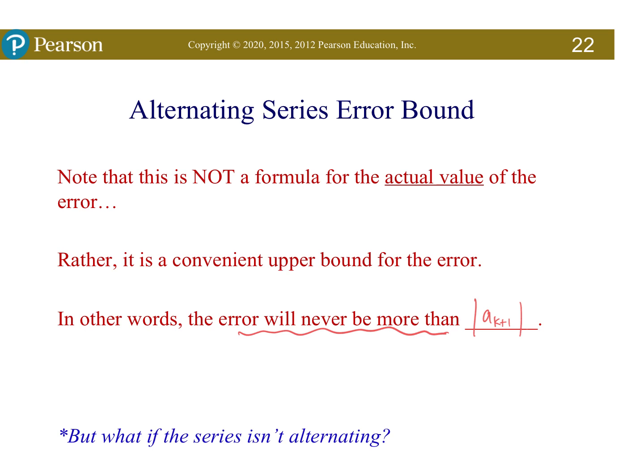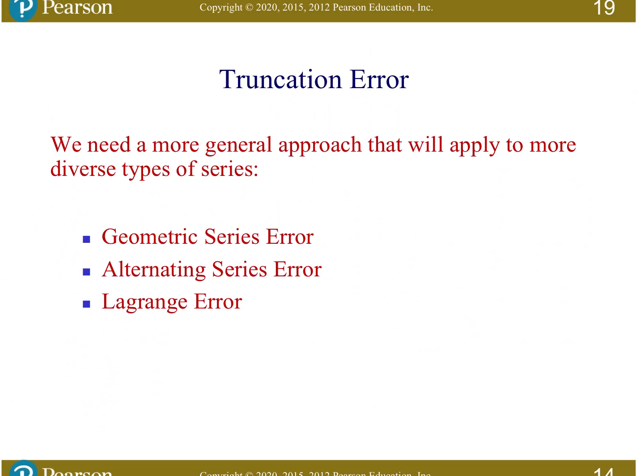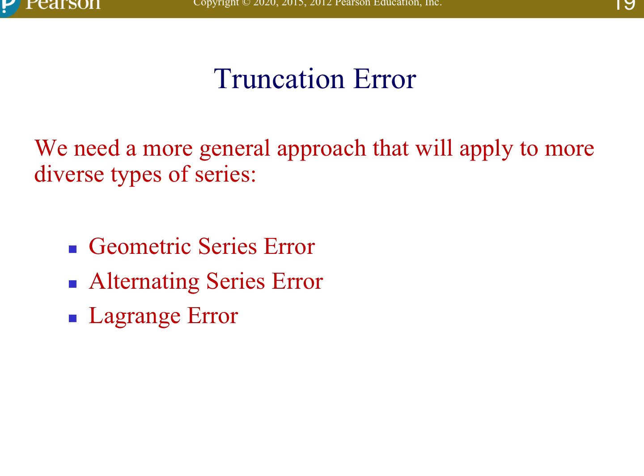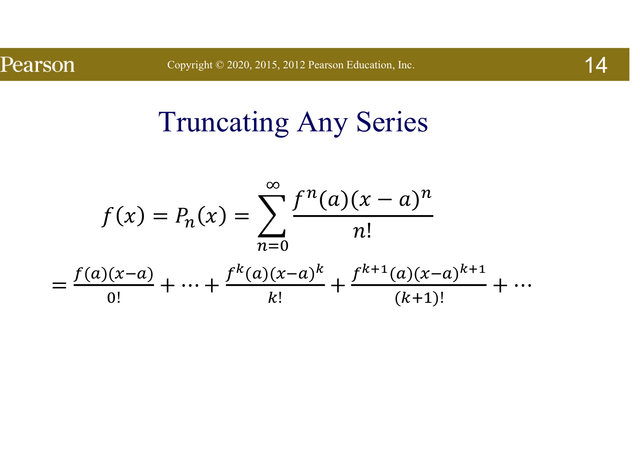All right, so that leads us to our final question. What if the series isn't alternating? So it's not geometric and it's not alternating. It's just a regular old series, and it doesn't follow any of the other patterns. So enter the French guy named Lagrange, and he came up with a generic formula that works for all series. It looks horrible, but it's not. So if you truncate here,